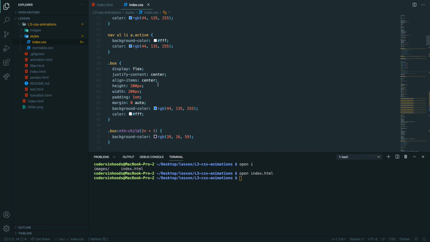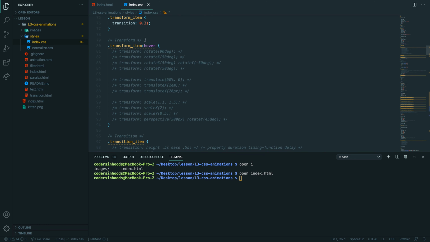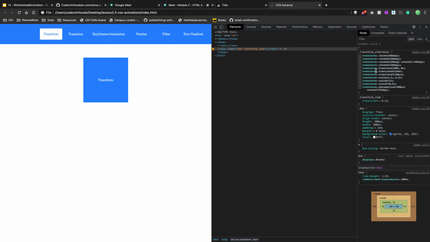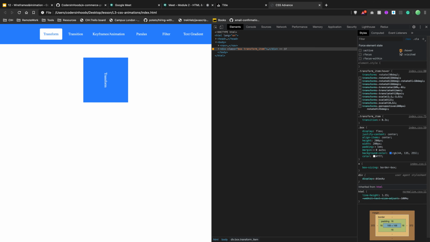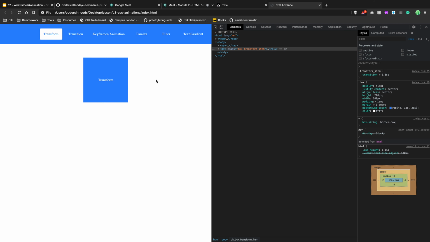Everything is commented out, so you can see that everything is crossed but it's still there. By toggling my stylings, we can apply these styles, right? So when I hover, I'm rotating my element,